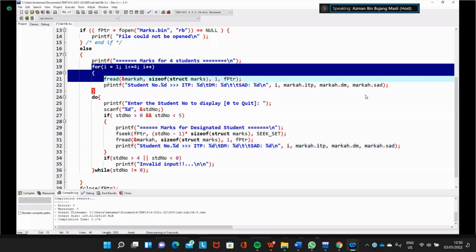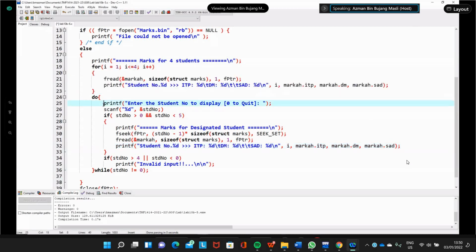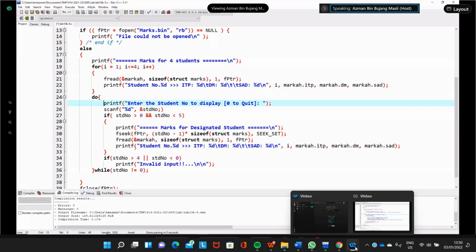Unlike before, where we read many data, this one we just read one data according to which student the user wants to search. So this one, we don't put marks[i] anymore, this is actually the student number.